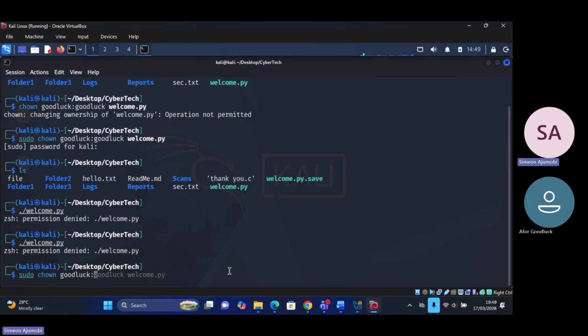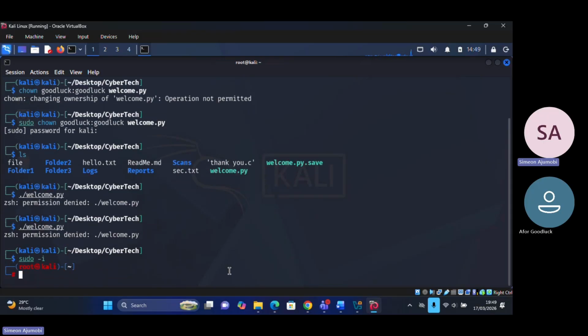Kali fully. I don't want to be pressing sudo, so I'll say sudo -i. When I say sudo -i, he asks you to enter inside root. Then the terminal changes to a hash, meaning it has given you super user privilege. So you don't need to start typing sudo again. You just go straight and say